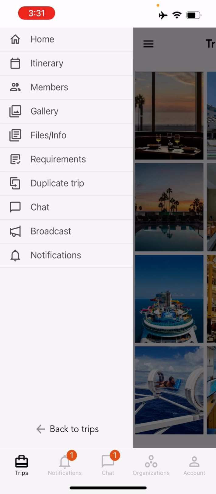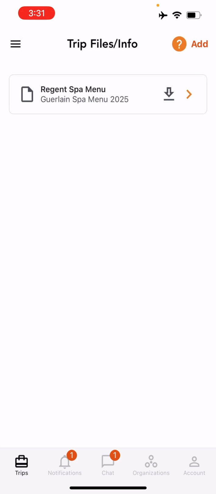I'm going to mention files and information. If your host wishes, they can preload any information about the trip. This could be weather patterns in the destination that you're visiting. It could be entry requirements, visa requirements, travel health. So wherever you see a document, you can click the download button and it will bring the document up for